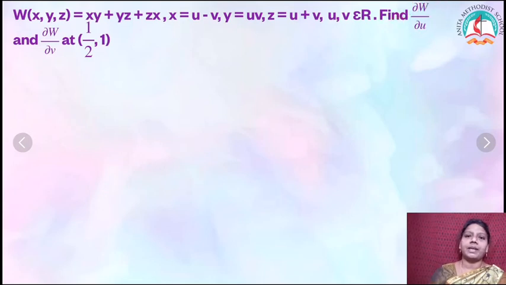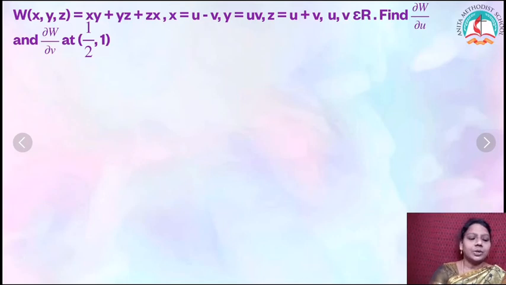Dou w by dou v. We are not finding du by du. So here w is a function of x, y and z. You just look, x is a function of u and v, y is a function of u and v, z is a function of u and v. So that means if we are having more than one variable, then what we have to do? We have to differentiate partially. Do you understand? In the previous problem, x, y, z are functions of only one variable t. Here x, y, z are functions of two variables u and v. So if it is two variables, we have to do only partial. There is no dx, only dou x.